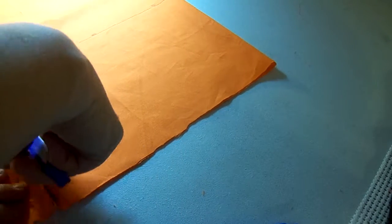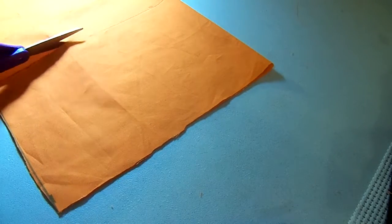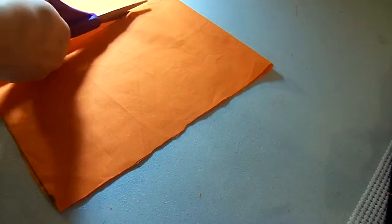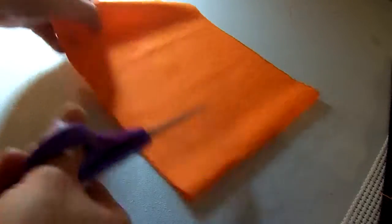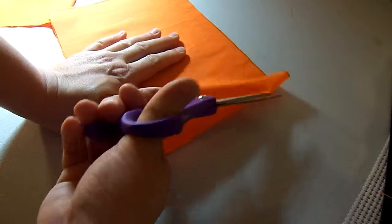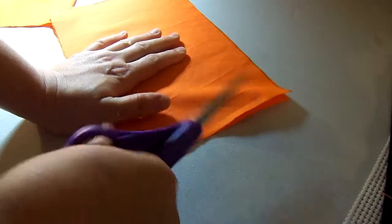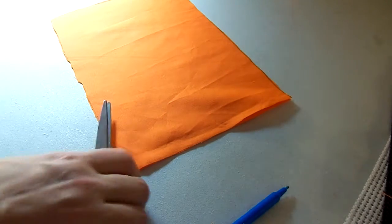Alright. Now this blue pen is water soluble, so it will come out when you wash it, or you can just spray it out with an iron. Okay, now, we're going to sew the side. You don't want to have an edge that you don't sew, because then it'll look kind of rounded on one side and sewn on the others. Okay, now